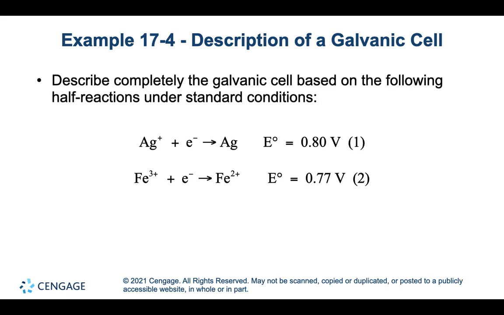Now we have a piece of silver metal, silver, Ag. That's going to be your electrode. Silver ion is going to be in solution. 0.80 is above 0.77 on the number line, so silver gets to be the reduction. Silver gets to be the cathode. The iron reaction gets to be the anode, because we will flip it and run it as oxidation. Both have one electron, so each reaction runs once per once of the other reaction. And our voltage is 0.80 volts, E naught of the cathode, minus 0.77 volts, E naught of the anode,